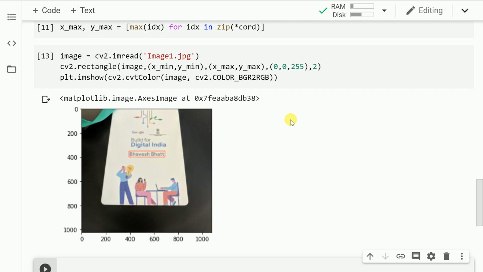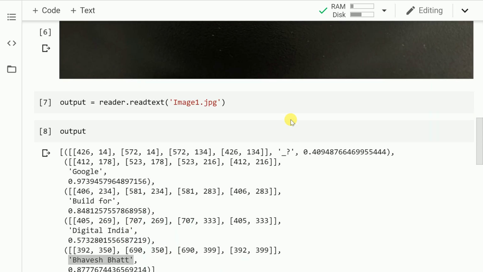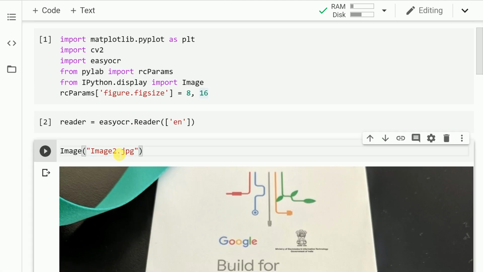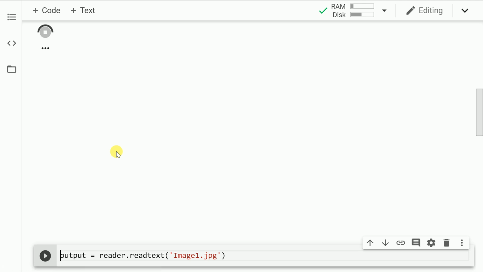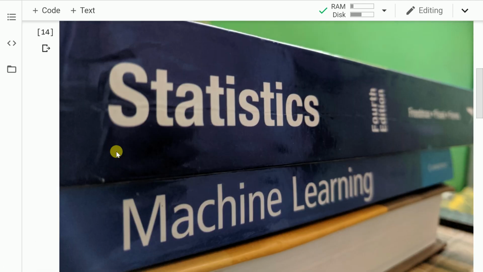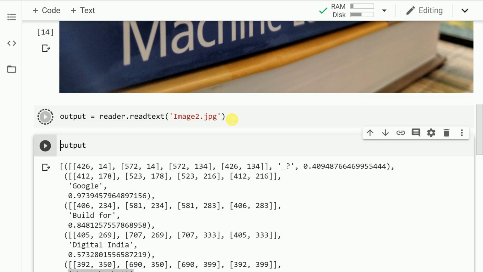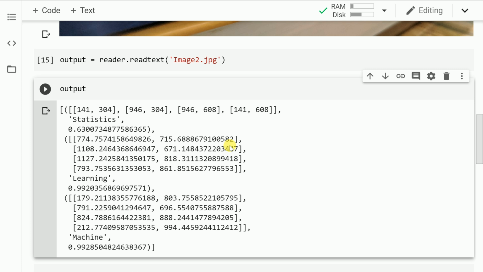Let us try to generate an output for the second image that I have handy as well. So let me go up and change the image now. So let's go for image2.jpg. So this is the image that I captured a long time ago. Now if I make a prediction from this model, let's see what the output is. So it is clearly able to identify statistics, learning as well as machine.